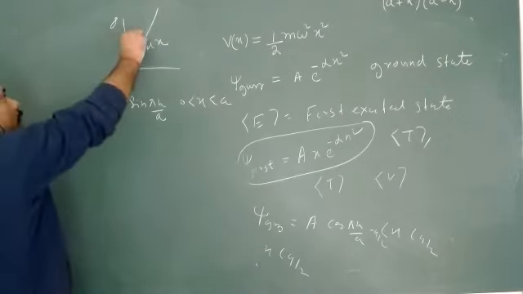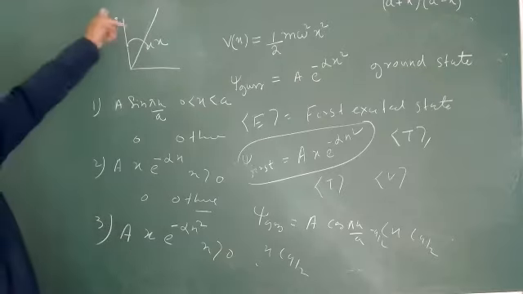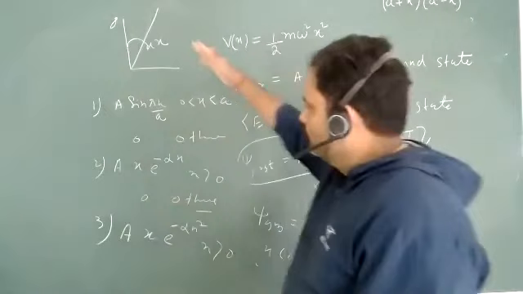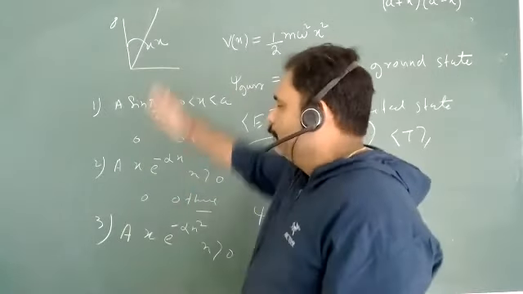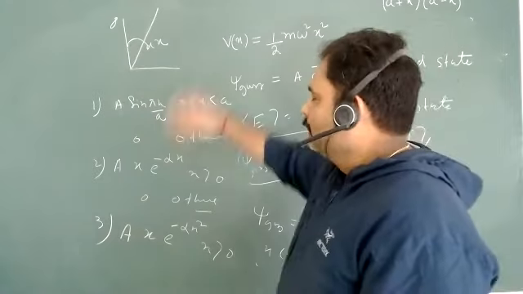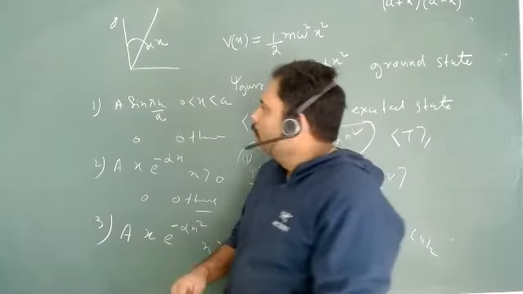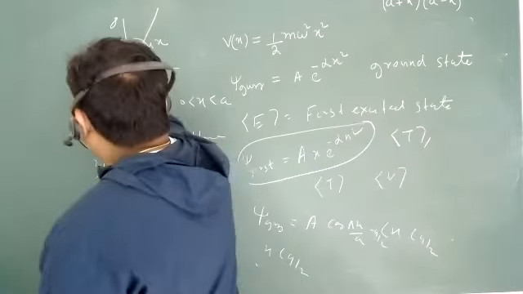Because at x is equal to zero, your wave function must be zero, and this can be there. What will be your third wave function? और क्या हो सकता है guess wave function? A x e to the power minus alpha x square. This can be also your guess wave function, because every wave function is zero at x is equal to zero, and you have basically zero at the infinity. All three can be best guess wave functions. So आप चाहो तो निकाल सकते हो इसमें से किसी का भी। हम लोग इसके थ्रू ट्राई करें? हाँ, let's try it with this particular wave function.